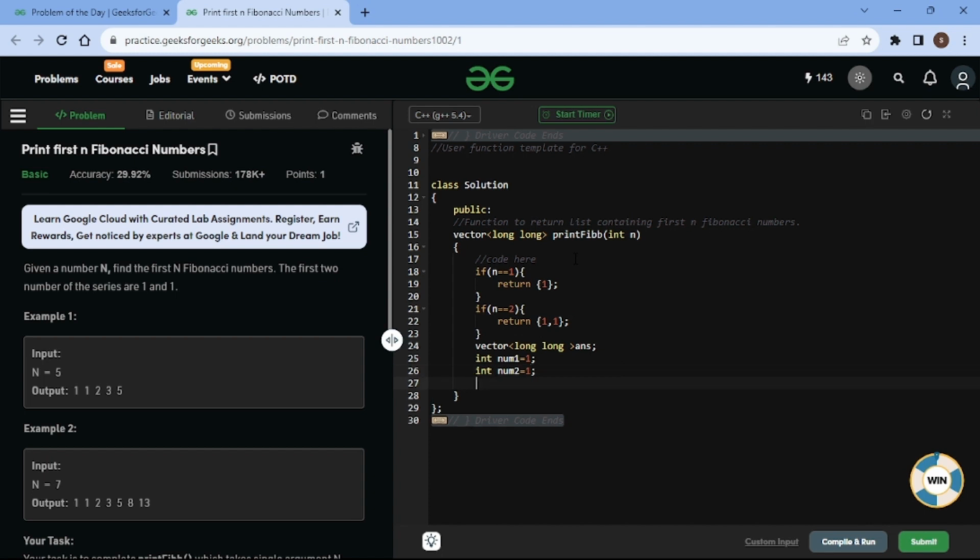That means the first element is 1 and the second element is 1, and we simply push back num1 and push back num2 to answer.